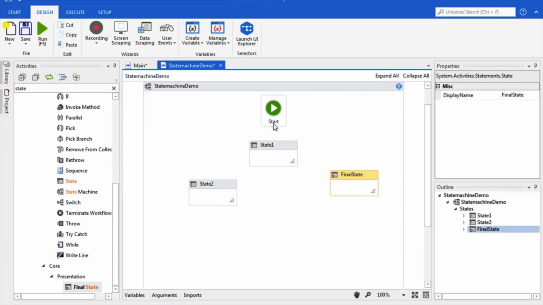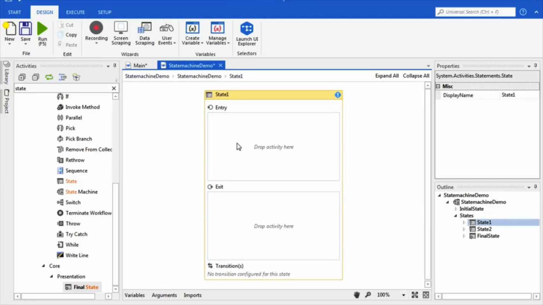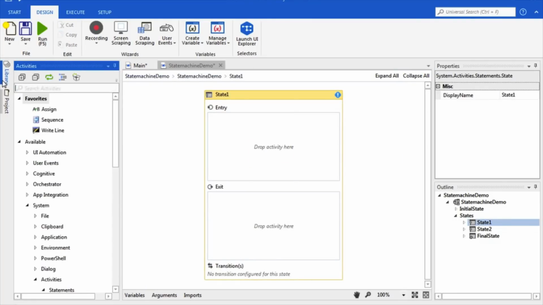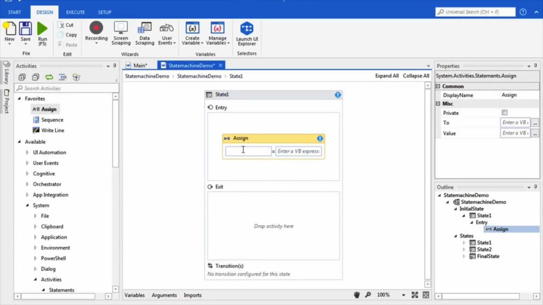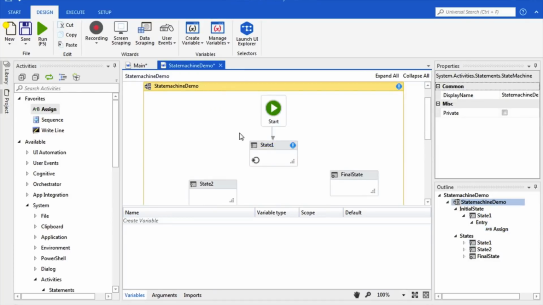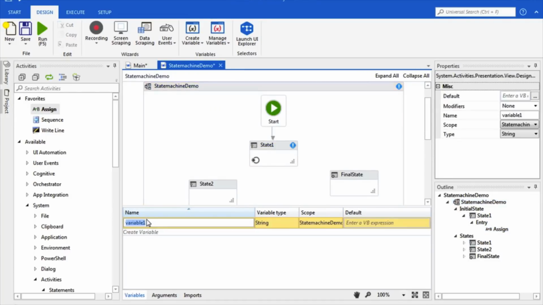And let's connect these. So the first state is what we're going to do. We're going to initialize and create our random number. So let's search for assign. It's right here. And we're going to say create our variables. So go back to this, highlight it, and create our variable int random number of type integer,